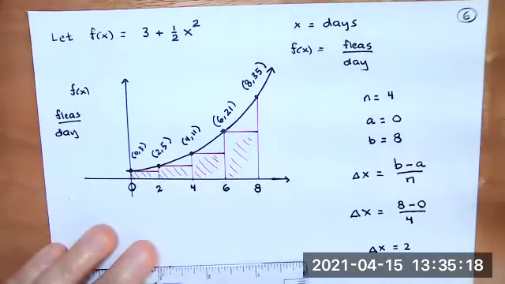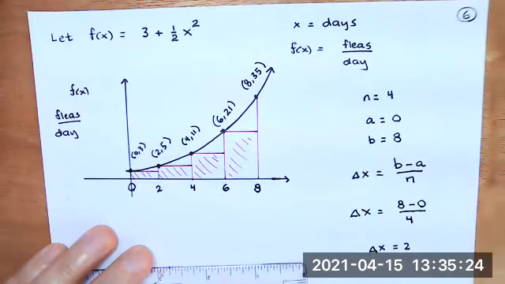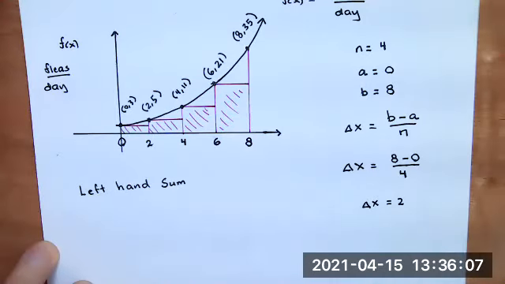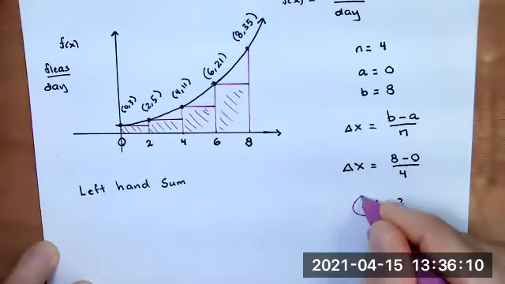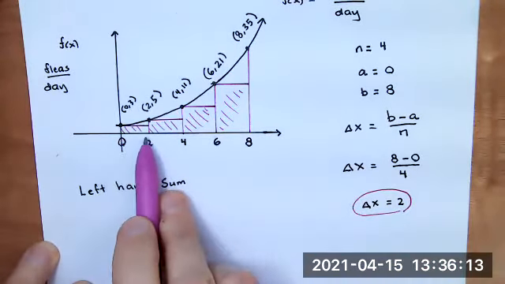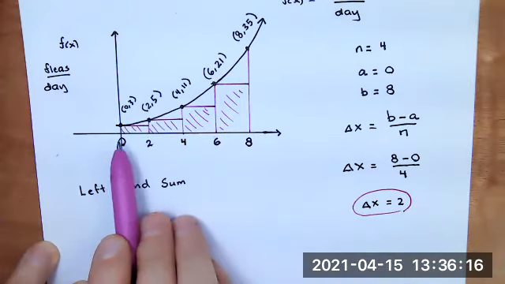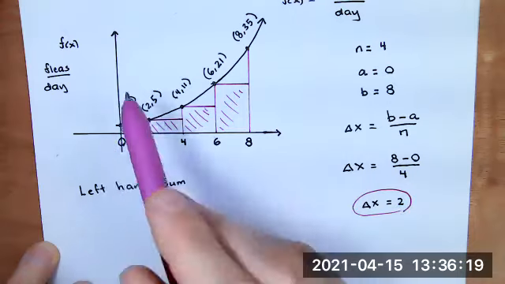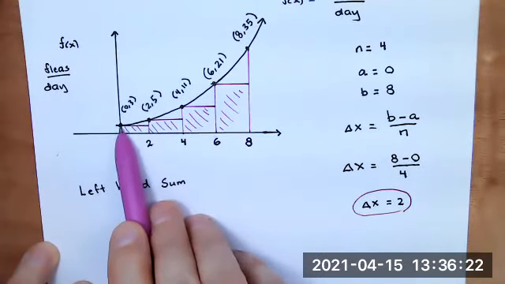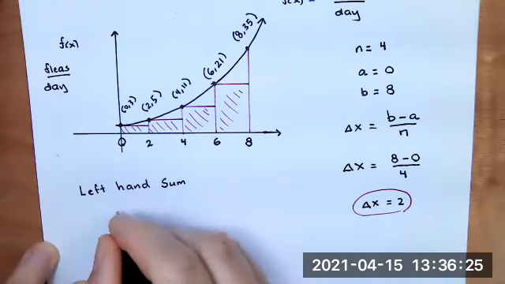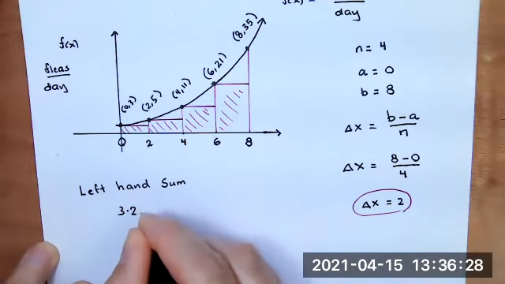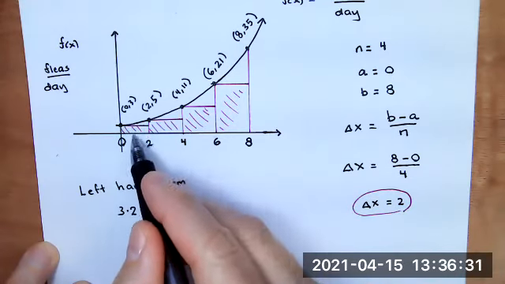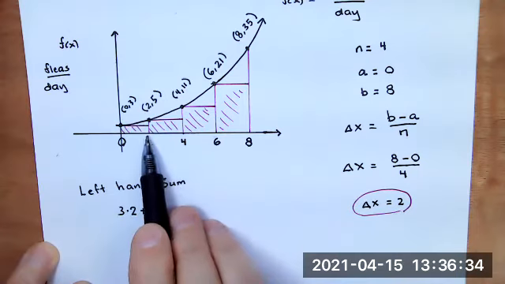And is that going to be an overestimate or an underestimate? If you said underestimate, then that's correct. So the size of each interval is the width of the rectangle, so that's 2. I'm getting my height from the left, so this height here is 3. So we're going to have 3 times 2, that's the area of this rectangle, plus,